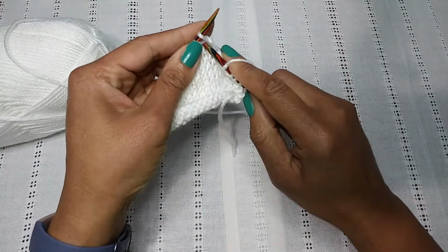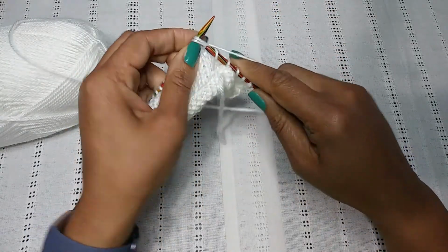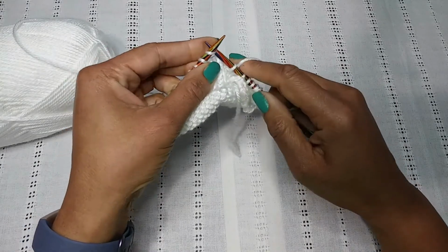Okay, so let's do this to the end of the row. Knit 1, knit 2 together,